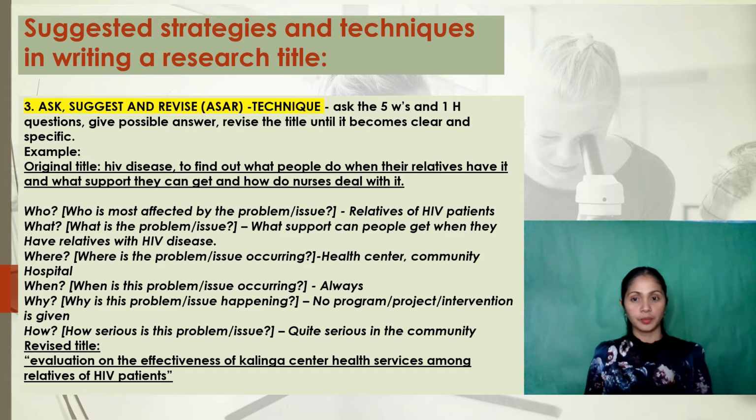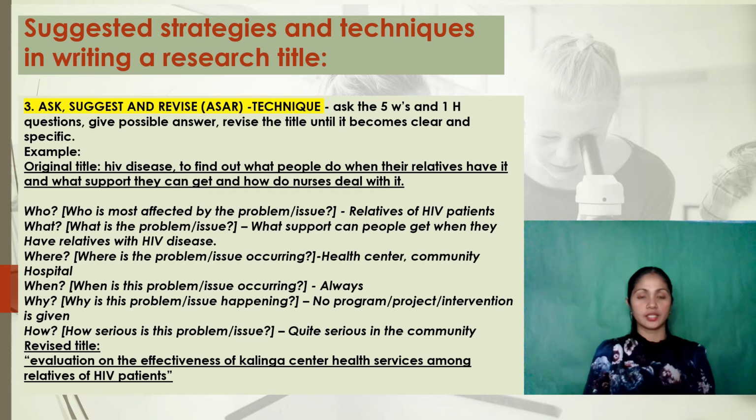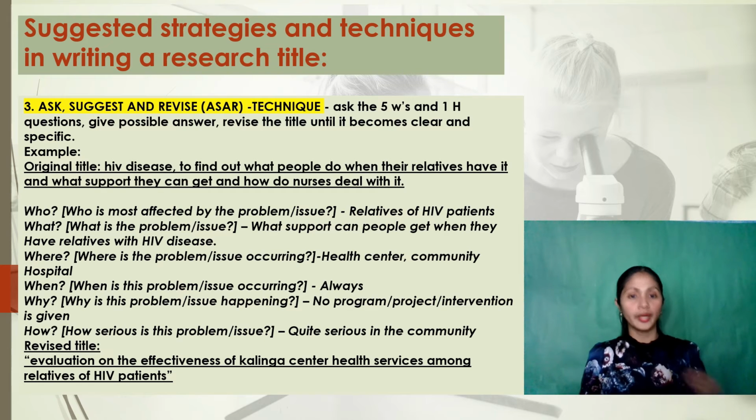And then, what is the problem or the issue? What support can people get when they have relatives with HIV disease? Where is the problem or issue occurring? Health center, community hospital. When is this problem or issue occurring? It is always. Why is this problem or issue happening? There is no program, no project, or intervention given. And then, how serious is this problem or issue? It is quite serious in the community. So using these answers